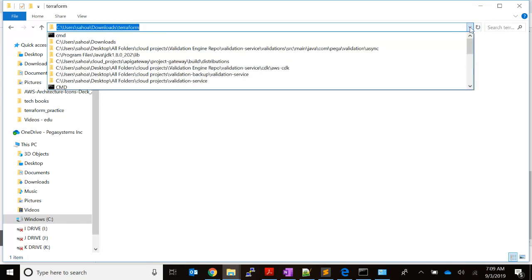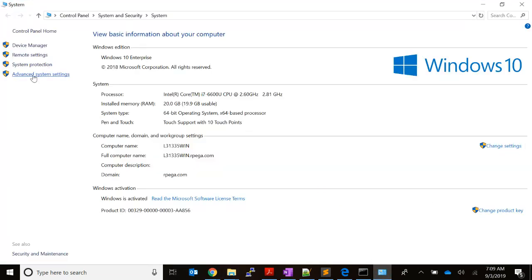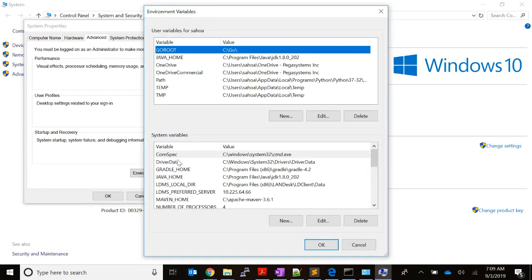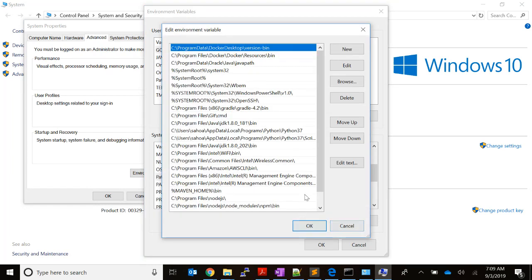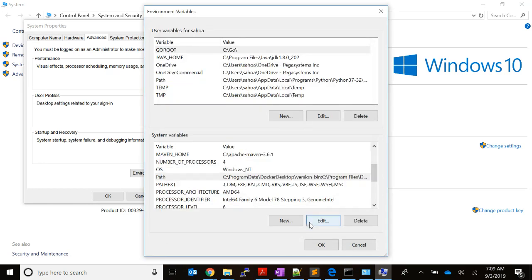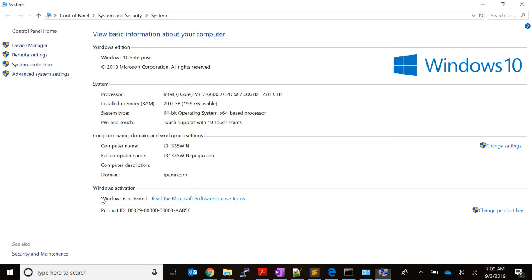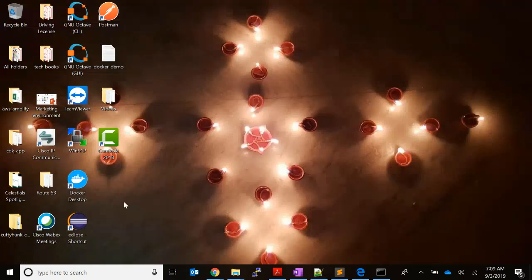For that, we need to copy this path. We need to go to advanced system settings, environment variables, go to Path, edit, add a new one. Okay, okay, okay. Close this. Now you can